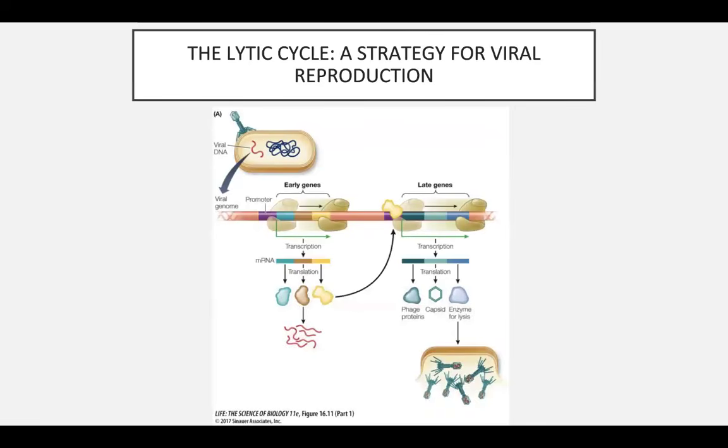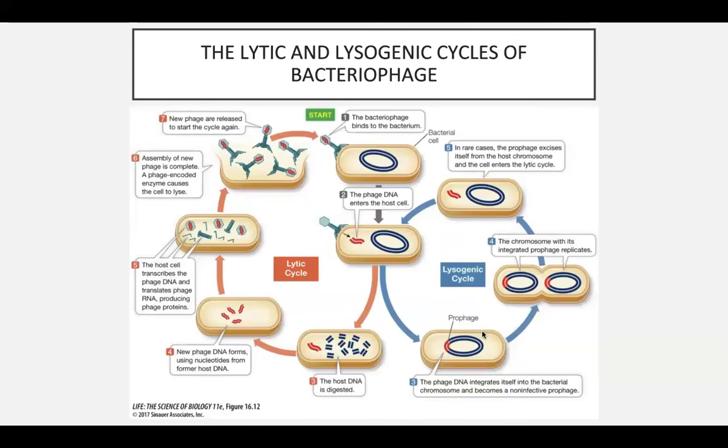So here you have what's known as the lytic cycle. In the lytic cycle, the early stage is that a promoter in the viral genome binds to a host RNA polymerase, and as a result of that, adjacent viral genes are transcribed. And then you also have a late stage where viral late genes are transcribed. These viral late genes are important for translating and producing phage proteins, the capsid, which is the protein coat for the virus, and enzymes for lysis. And so the late stage genes are important for lysing the host cell and eventually releasing new virions.